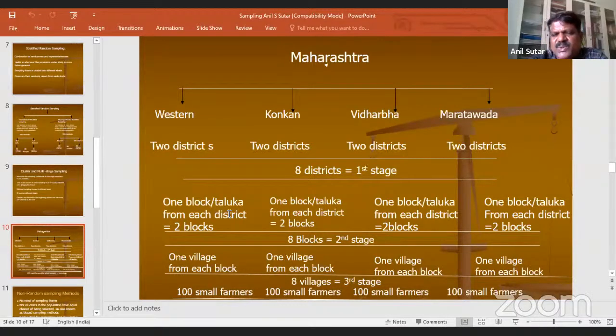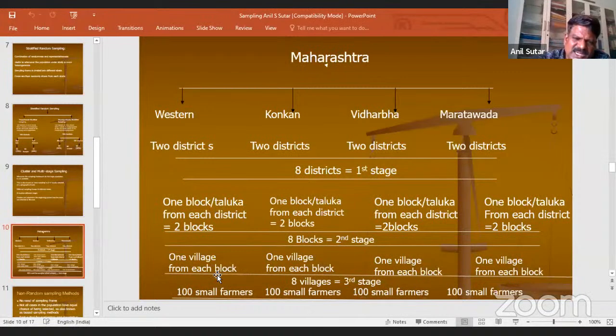Similarly for Konkan. So at the second stage, I have selected 8 blocks. Now I am ignoring the 8 districts; they have actually disappeared. Now my focus is on 8 blocks. This is the second stage.